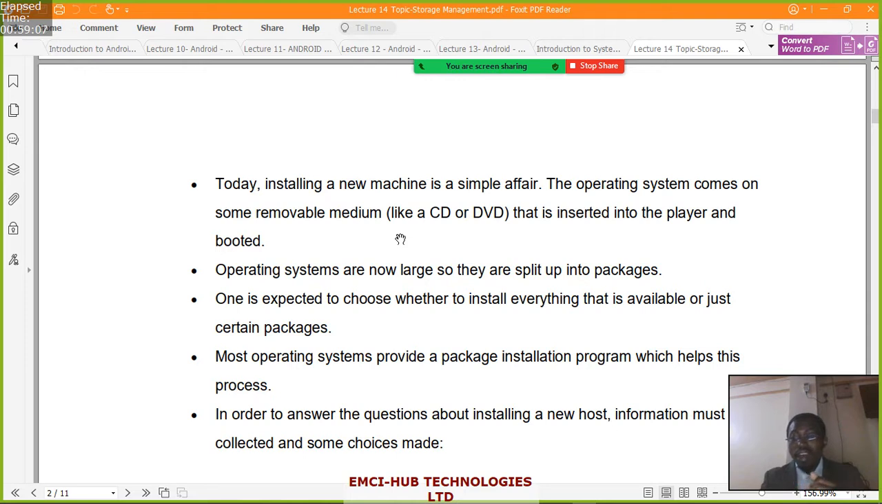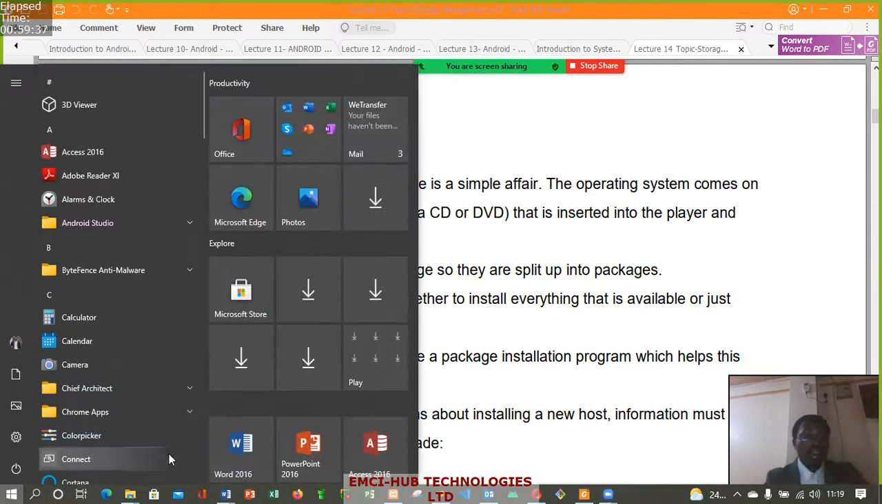And you'll find that it does not have what is called the floppy disk or the DVDs. So in that case, you'll find that you tend to lose out. Even if you have a CD or the DVD setup, it will not work, because maybe you don't have that floppy disk slot. Operating systems are now large, and so they are split up into packages. That's why when you check inside this